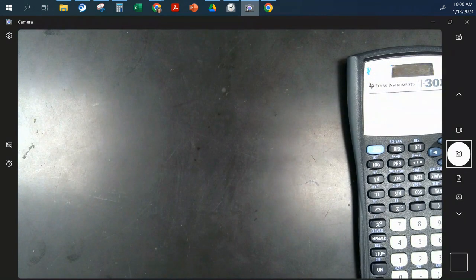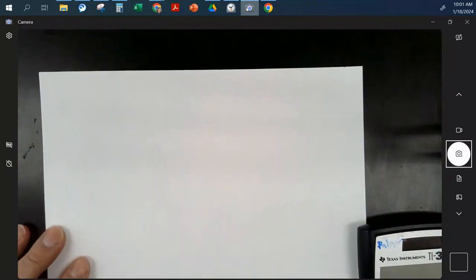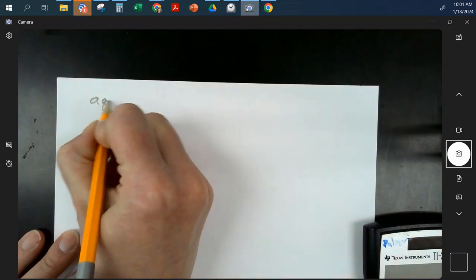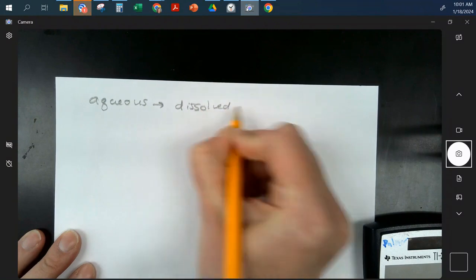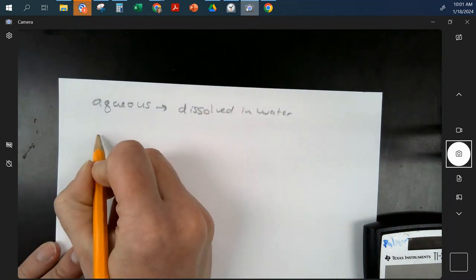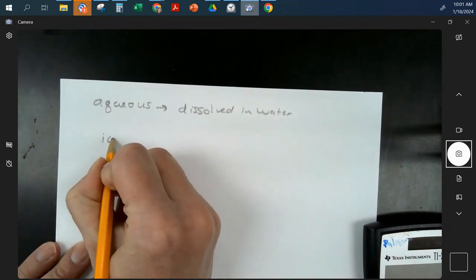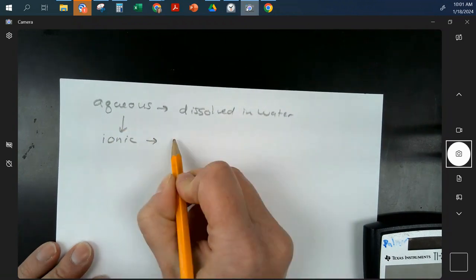If it is an ionic compound, it will split into its ions if it's aqueous. Aqueous means dissolved in water. Okay, and then we're going to see what happens to different compounds. So if it's ionic and it's aqueous, then it's going to split